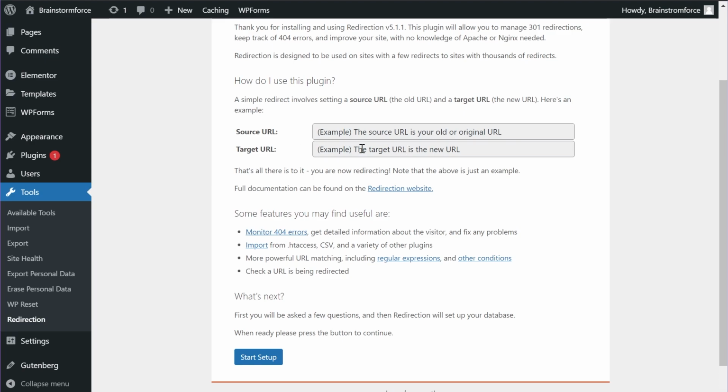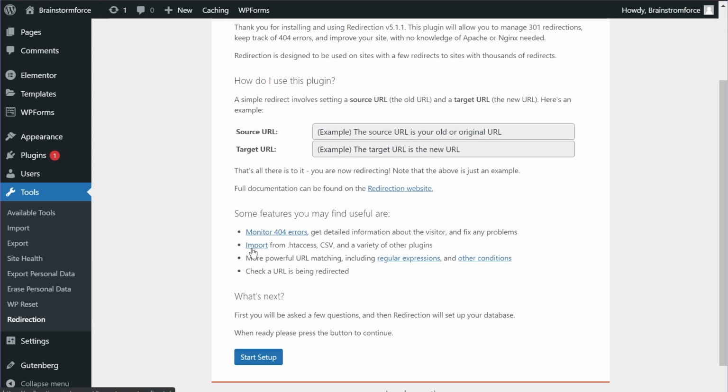And in this case, in the specific redirections, the target URL can also be an external URL. So you can redirect any of your pages to external URLs as well. That's all right. All the URLs don't have to be on your website. And some other amazing features, or some, I would say, important features of this plugin are monitoring 404 errors. Now, some SEO plugins already do this, but not all of them provide all the features for free.